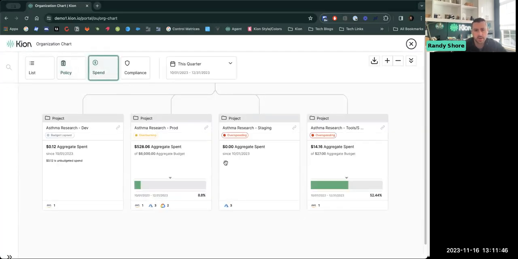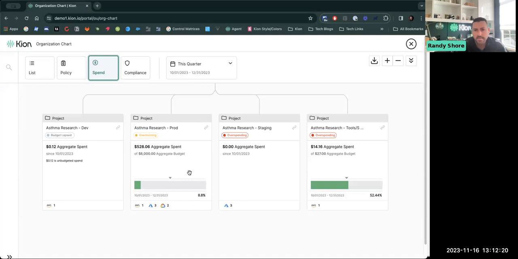Spanning into cost a little bit, Kion goes beyond your traditional just spend reporting, right? Of telling you how much you've spent across these clouds. What we also have is this really powerful budgeting model and budgeting engine where you actually can align your cloud spend back to your internal cost centers, funding sources, budget centers, whatever your organization calls them, that's going to fund that particular workload. So it makes it really easy, at the end of the month to figure out which budgets you need to pull from in order to pay that AWS bill or that Azure subscription bill or whatever it